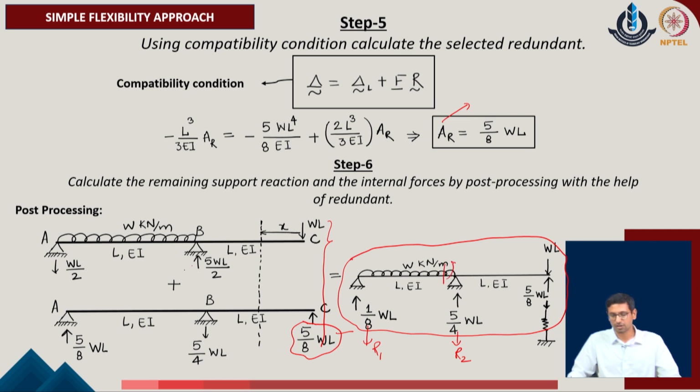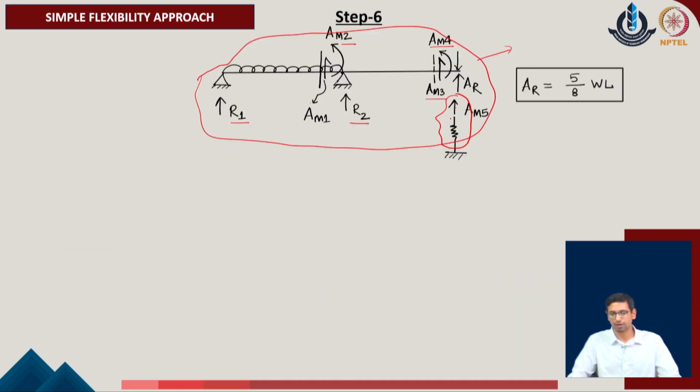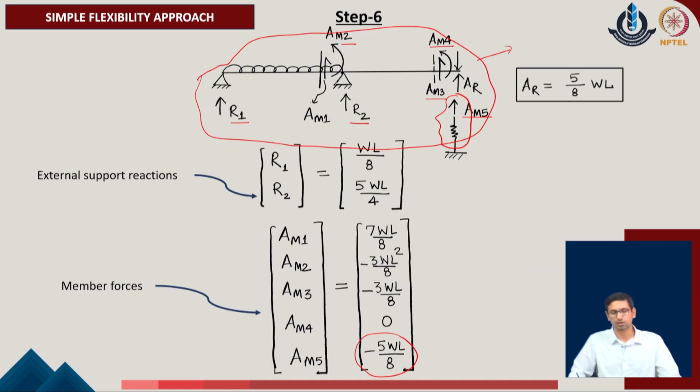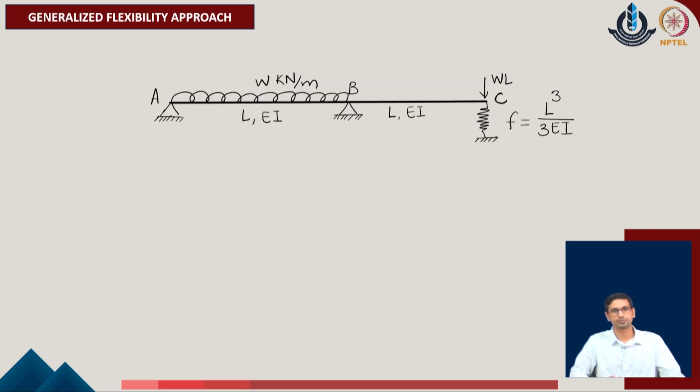Similarly, over here we can consider the set of forces, and they will become the AM1 to AM4 in the given process, and this is the AM5 which is downward in the given system. As per the sign convention, we have AM5 upward positive. So, we have considered the value of minus 5WL upon 8 in the given problem. So, one can just see these values, try to correlate them with respect to the overall calculation or the steps which we have shown, so that the overall steps can be effectively understood in the given process.